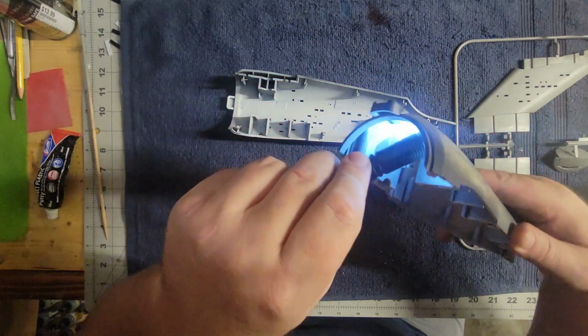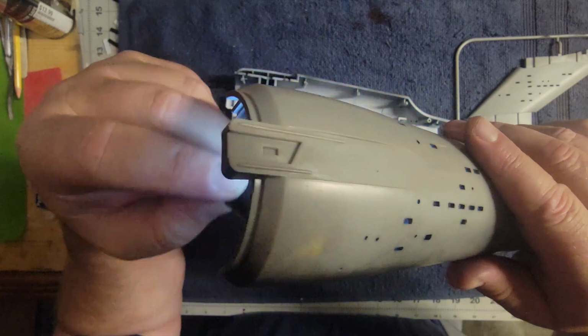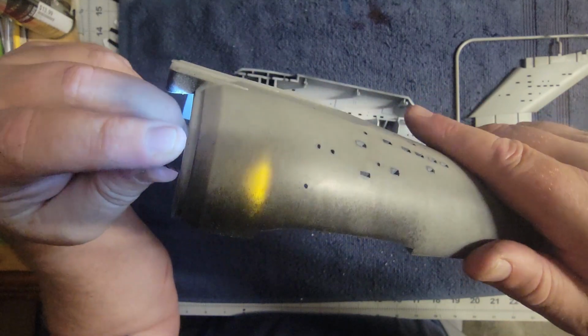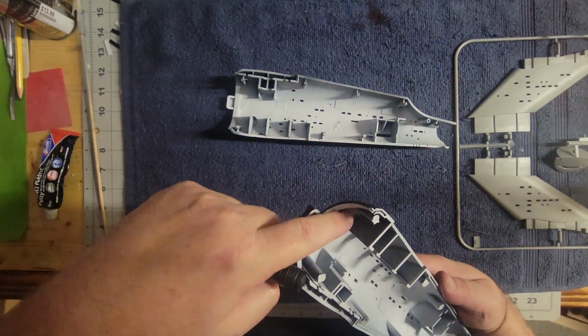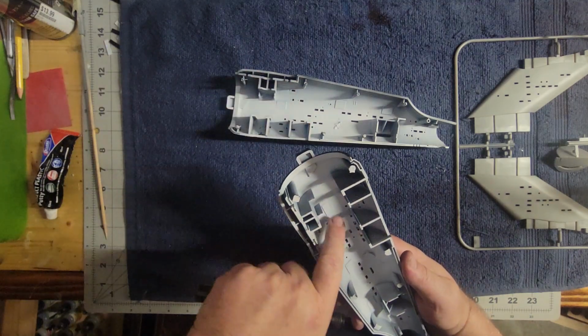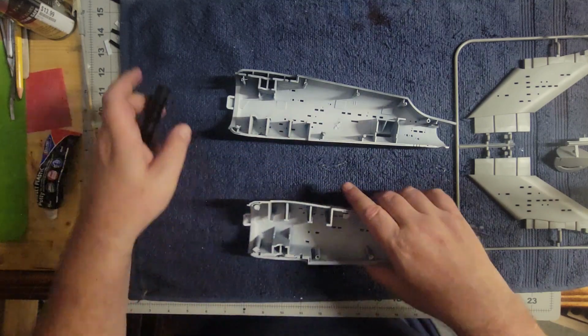So here you can kind of see one right here. Where is it? Oh, there it is. You can see this glow coming through. Now, this part I'm not going to have to worry about because this is on the inside of the deflector array. There are no lights right here. All the lights are going to be laid down in the middle, so that shouldn't be a problem. But I'm still going to